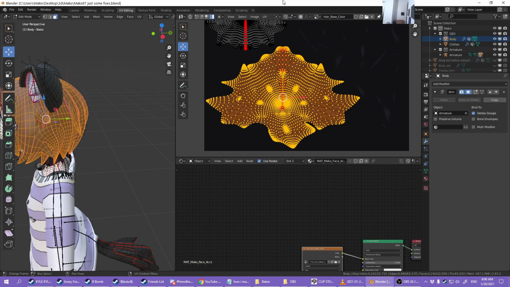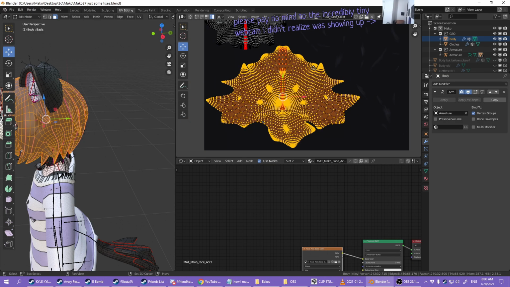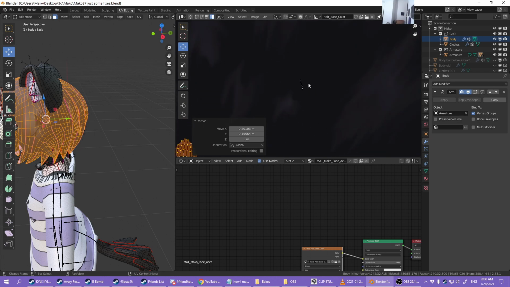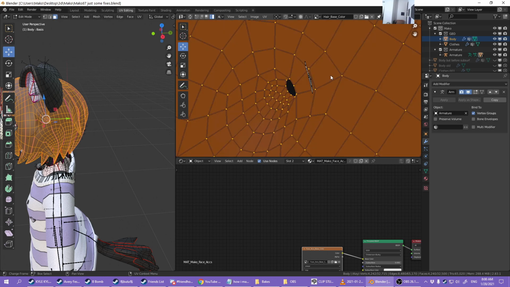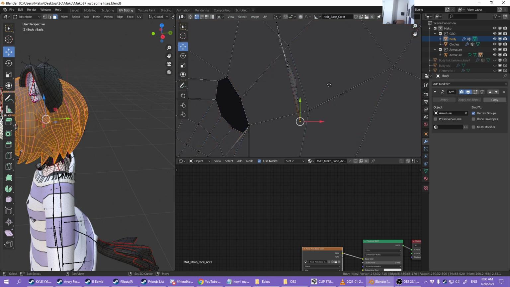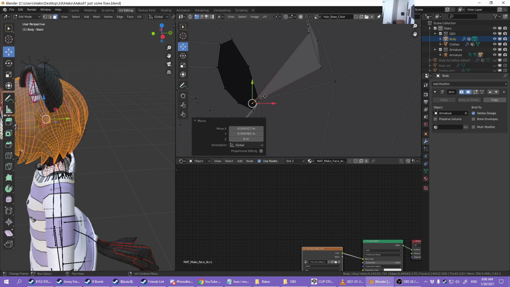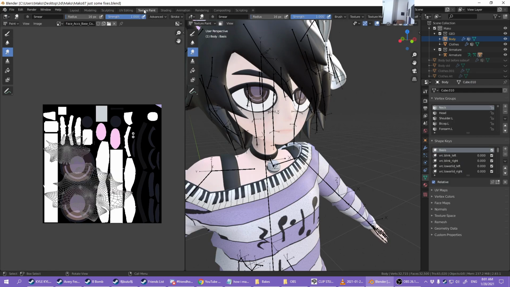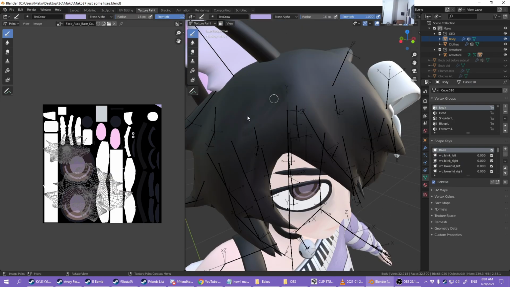I almost forgot to mention. You might be wondering how specifically I did this texture work, where... Oh. I appear to have missed a spot. Okay, I wasn't planning on showing this, but if you have a scenario like this where, like, you know this is supposed to be over here, Shift W to weld them together. But anyways, you could go over to Texture Paint, just kinda draw stuff on however you want here.